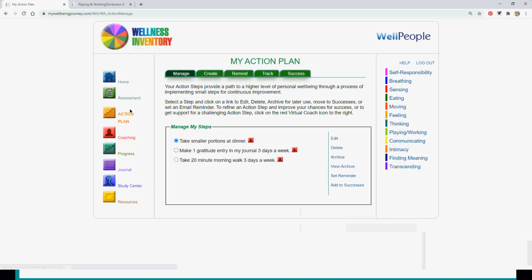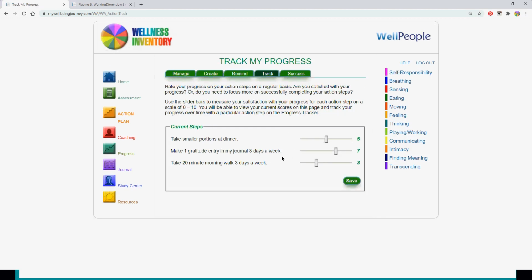And I'll just show you quickly the action plan. So here we have 3 action steps. So this had been created. Now we're tracking the progress here. So let's say the person is working on this particular action step every day, and over the weeks they're improving. Then they travel, and their son gets sick, and they may fall back a little bit, and then they get back on track. But if it's the right step, and you can continue to tweak the steps, because you really want something